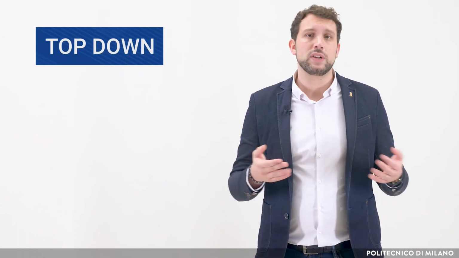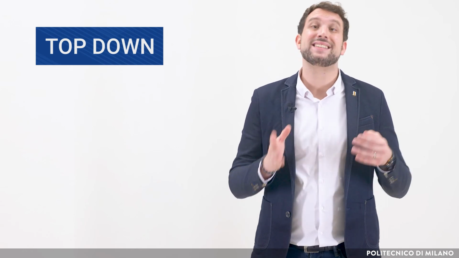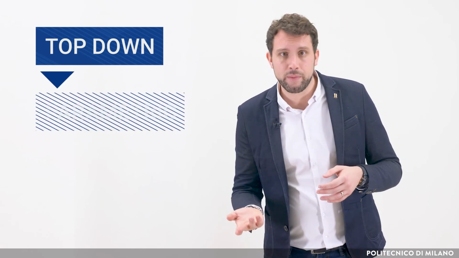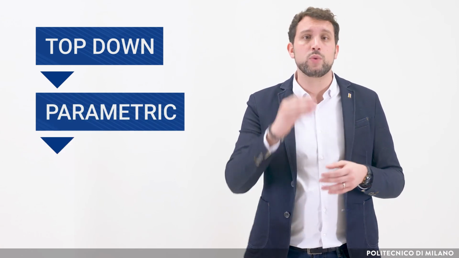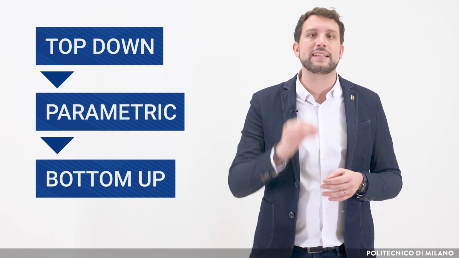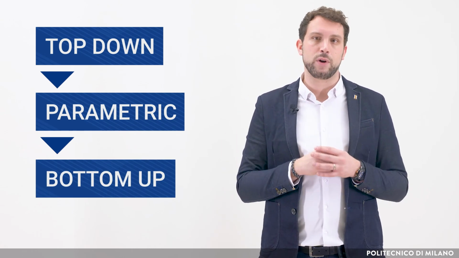Once again, you can complicate the system as much as you want, meaning that you could identify a variable which is a good predictor for the engineering phase and a variable which is a good predictor for the procurement phase, and so on. So, putting these three different approaches together, we can develop the budget of a project. Typically, we start with a top-down in order to understand if more or less we are near something that is interesting for us. Then we go to a parametric, especially if the project is very long, and when we are near the operations, we go to a bottom-up approach in order to calculate at the maximum level of detail the budget of the project we are going to do.